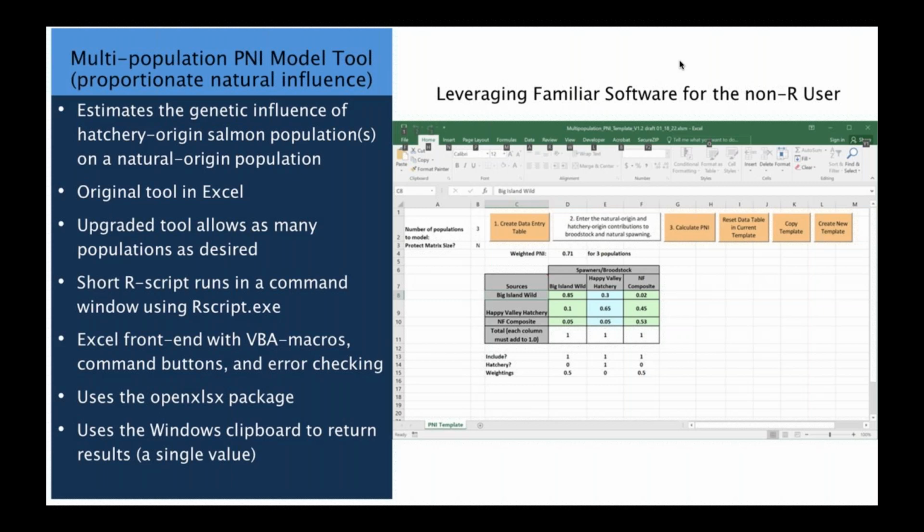Both of these tools that I'm going to talk about are along the same theme, and there are three main points I'd like to give to folks. The first is just to expose you to these two R-based tools that we use as part of our consultations.